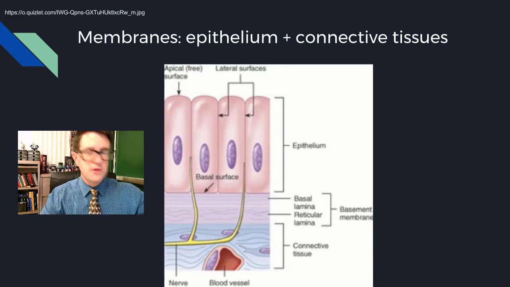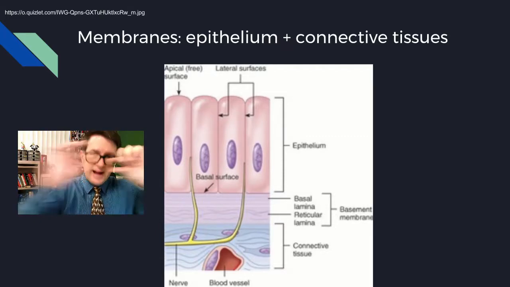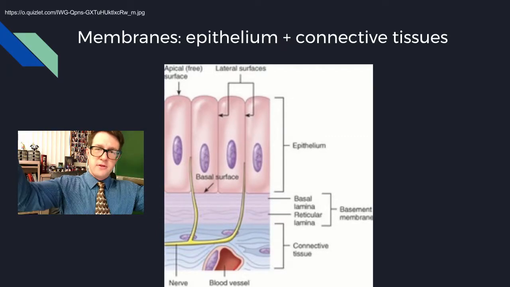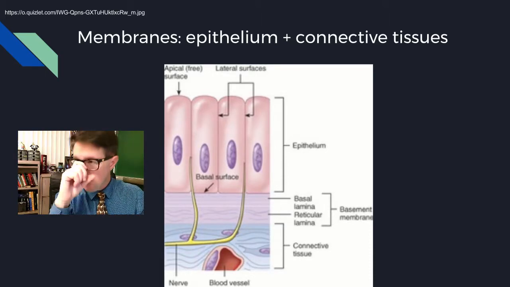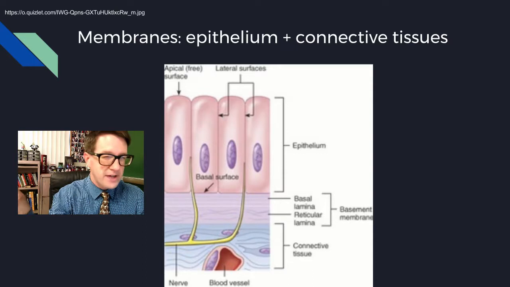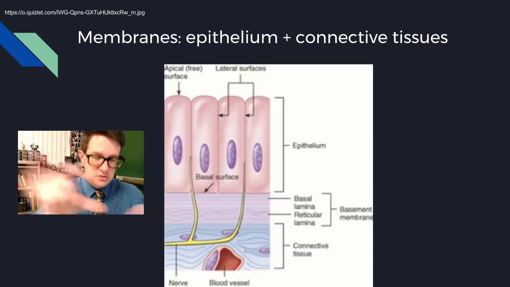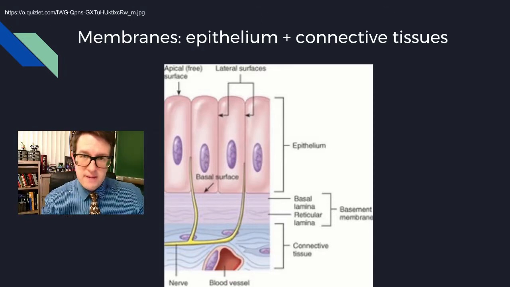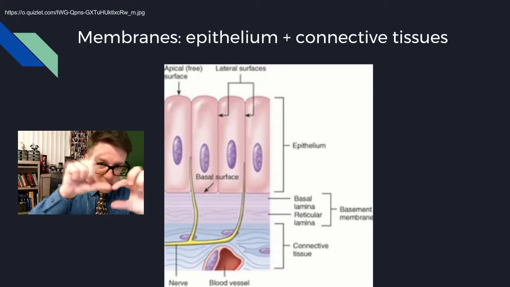But underneath it you have a little connection layer, and it's called the basement membrane or the basal lamina. That is what will glue the epithelial tissue down. Every once in a while it will get inflamed, and it's sometimes called the fascia. When it's inflamed, it's called fasciitis. If you've ever heard of the flesh-eating disease or necrotizing fasciitis, it's when the connection between epithelial tissue and connective tissue gets inflamed. But all of that together, the epithelium and the connective tissue at the bottom, is